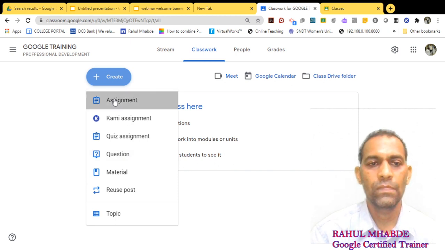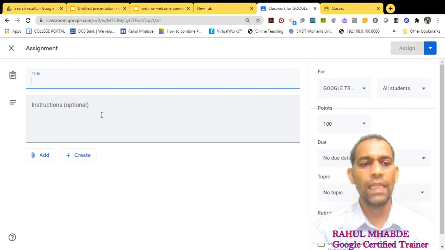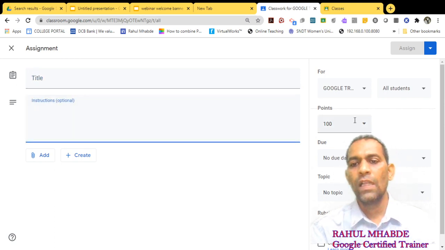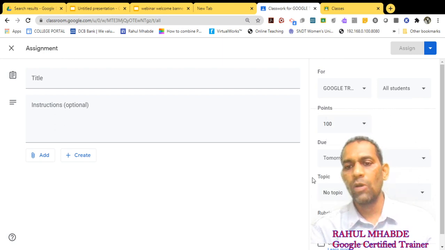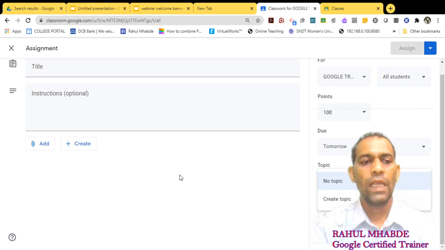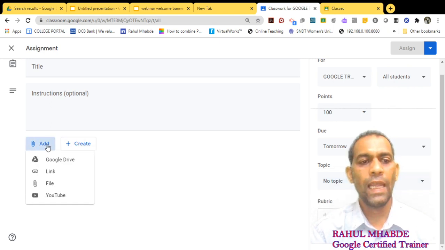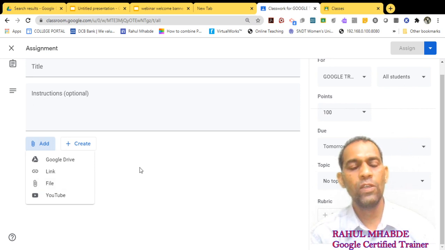So suppose I create an assignment, I have to give the title of the assignment and the instructions to the students, and it is for how many marks, when it is due, I have to give the time, due date, etc. The calendar pops up, and topic, is it related to topic 1, topic 2, topic 3, and also I can add some document or maybe a YouTube video.